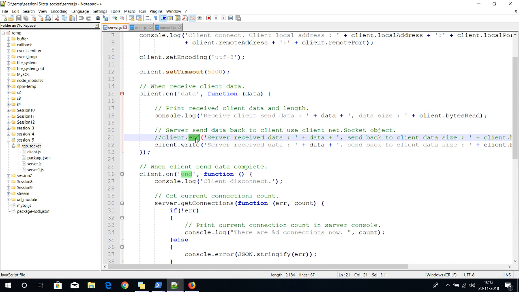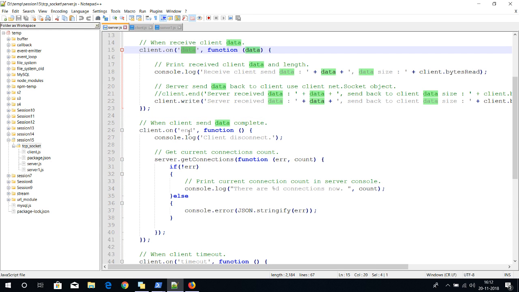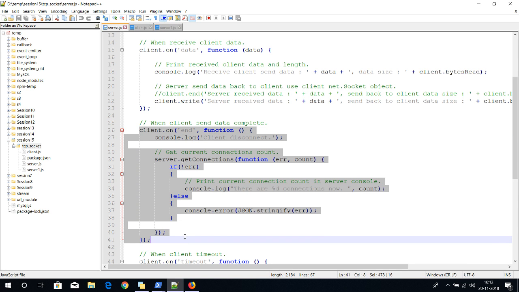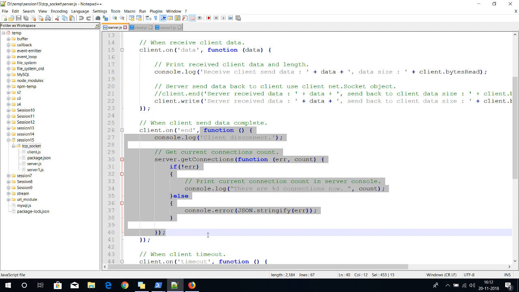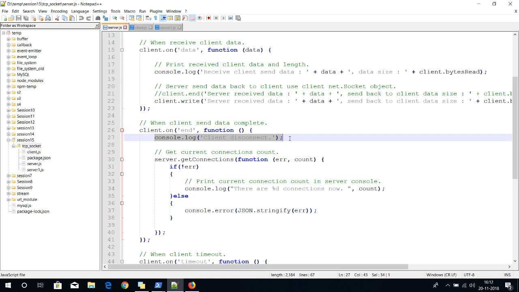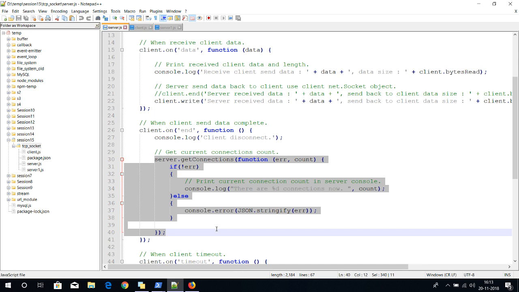Client.end means the client automatically disconnects after using these functions, and we also send the data back to the client. This one handles the channels of the data. Now, if any connection is lost, maybe an interrupted connection or an intentionally closed connection, this event fires with the end channel, and we handle the event using this handler. There we print "client disconnected" in the console, and we also count the number of connections